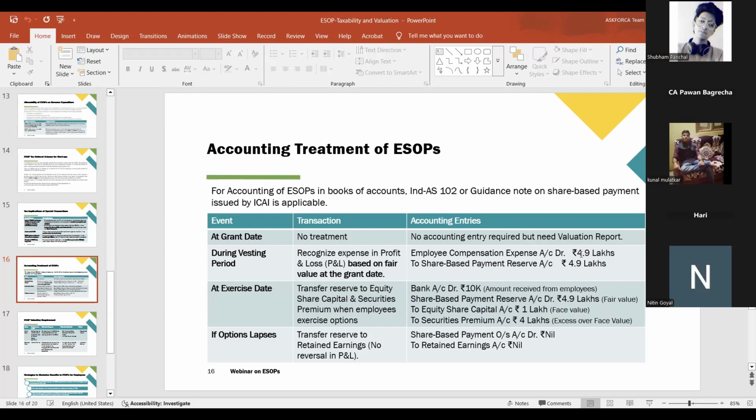And it is an entry during the vesting period. Suppose in the first year only 10% of the shares has been vested, so we have to book the 10% of the vested shares by this entry. Expenses हमें वैसे ही बुक करने होंगे जैसे जैसे वेस्ट हो रहा हो, अकॉर्डिंग टू द वेस्टिंग। 10% फर्स्ट ईयर में वेस्ट हो रहा है तो 10% में एक्सपेंस फर्स्ट ईयर में बुक करेंगे, सेकंड ईयर में 20% करेंगे, जो भी उसकी वेस्टिंग कंडीशन होगी उस बेस पे हम उसको ईयर ऑन ईयर एक्सपेंस बुक करते रहेंगे।